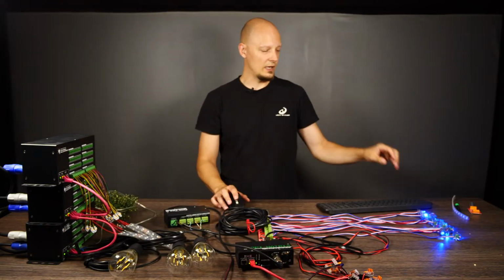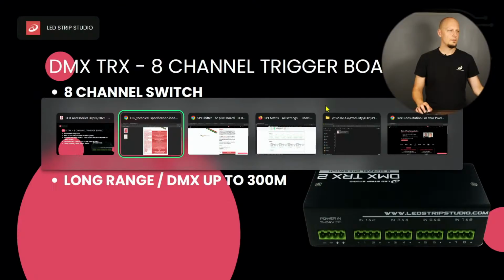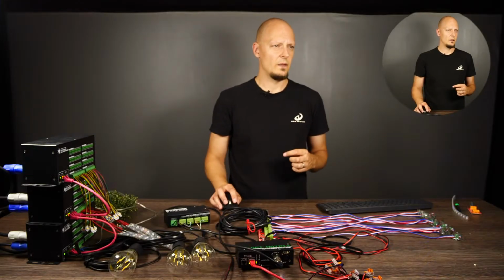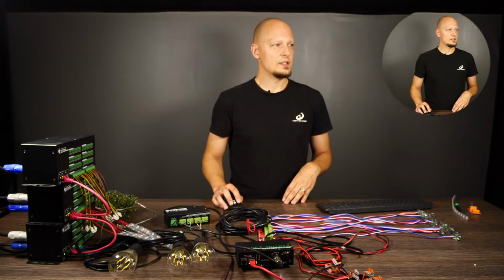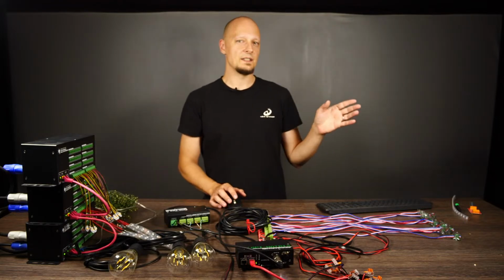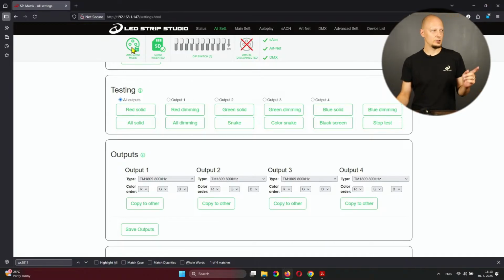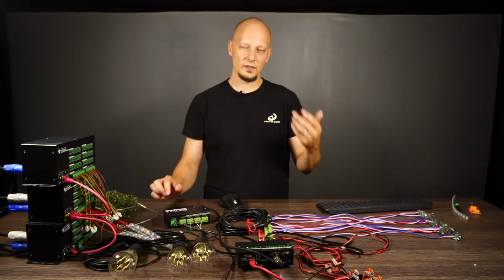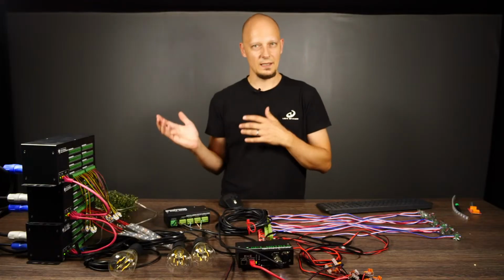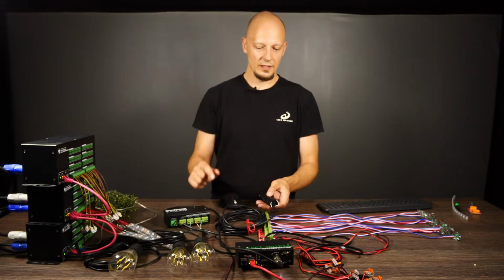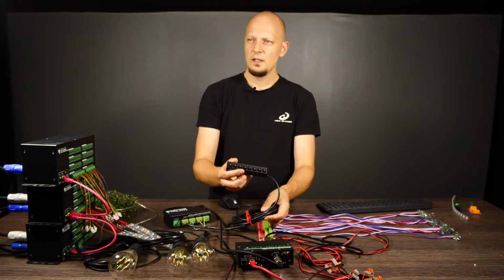You have to make sure that you have some effects stored on an SD card, and also you have to make sure that you turn off the testing mode on the controller. And as you can see, there is this little icon indicating that the device is now in a DMX mode, because once I unplug DMX TRX, you will notice DMX in is disconnected and autoplay mode is back in. What does it mean? DMX TRX constantly generates DMX data and sends it out into your receiving device. So once you plug it in, connect it to your controller, these are the buttons